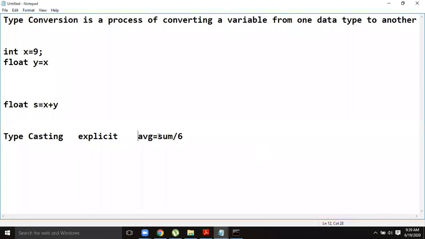So for that, what you generally do is perform a typecast. Typecast means promoting the result from one data type to another data type. If you want to make the sum floating point, you have to mention the corresponding data type before the variable name. This is how we perform typecasting.